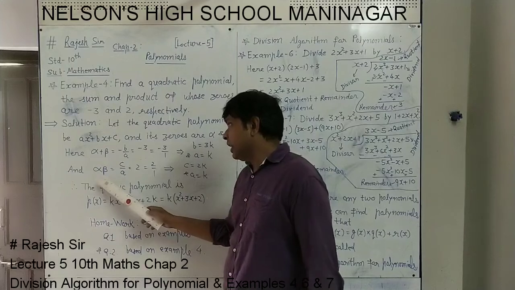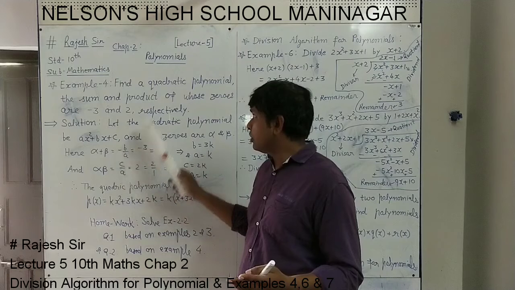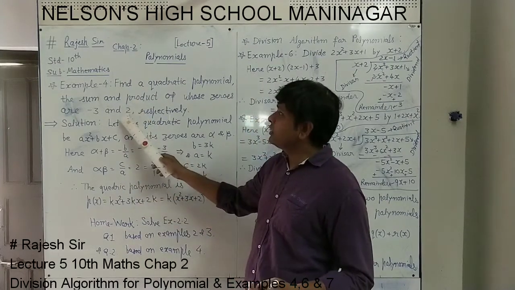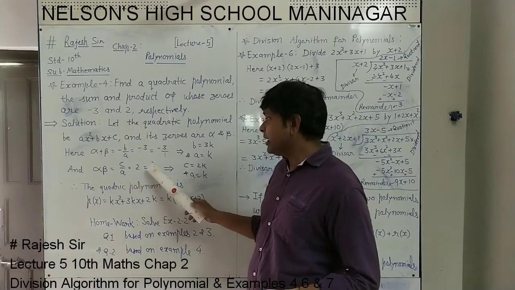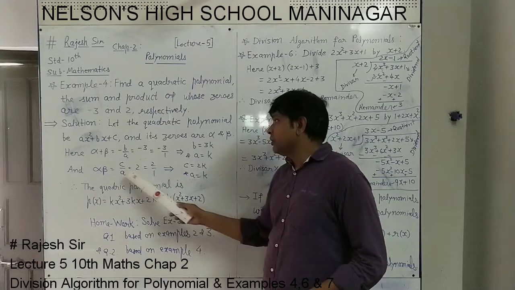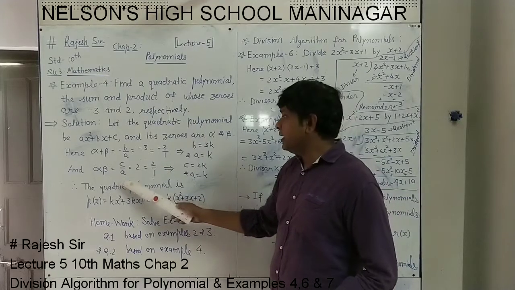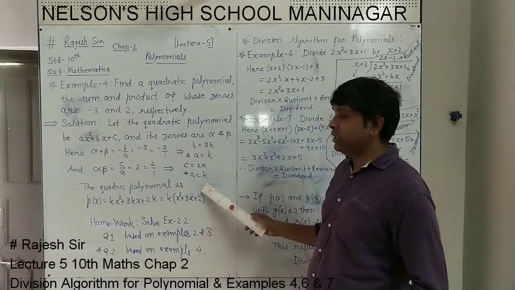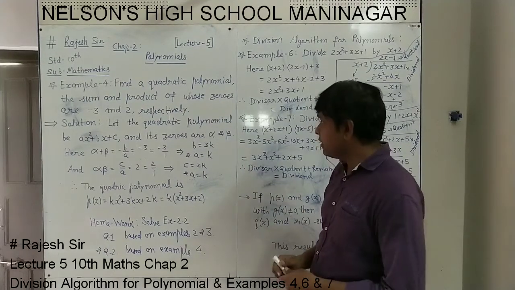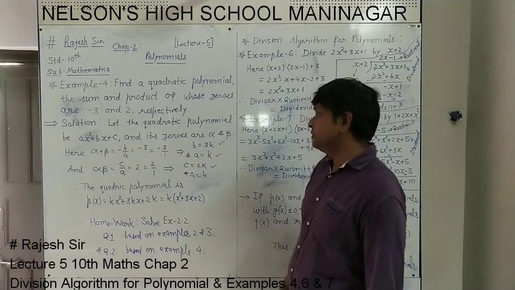And now the product, alpha into beta shows the product of two zeros, and for that the relation we know for a quadratic equation is c upon a, and it is 2. In the question, product is 2. This 2 can be written as 2 upon 1. Again, this is the ratio c upon a is equal to 2 upon 1. So c equal to 2k, and a is 1k or k. So from here, what you understand? That a equal to k, b equal to 3k, c equal to 2k.